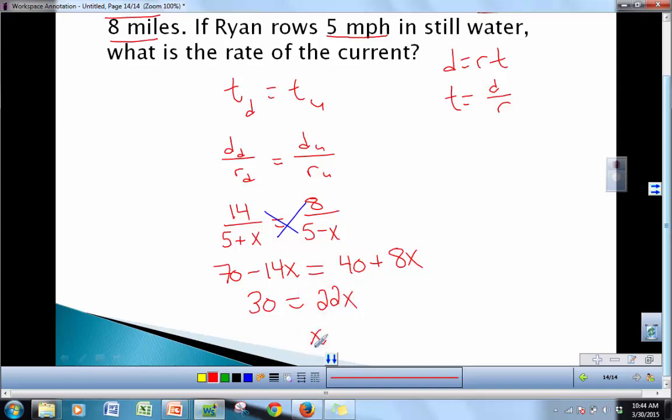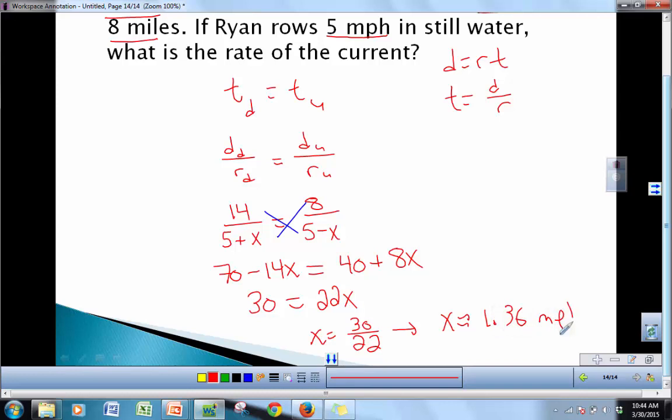So in this problem, we're not going to get a nice whole number answer, which is okay. If you think about rates of currents and speeds, a lot of times they're not going to come out nice whole numbers. But since we're talking about an actual current, this would be a good time to maybe use a calculator and estimate what our answer is going to be. So 30 divided by 22 gives us roughly